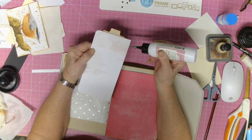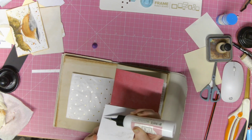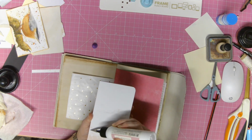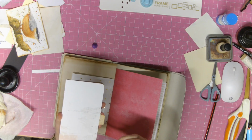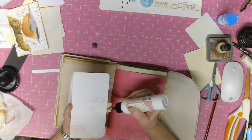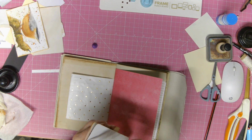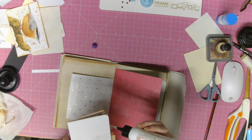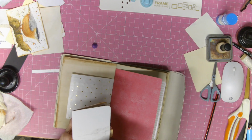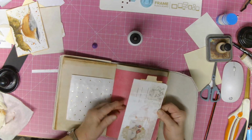So what I'm doing now, with a very unsteady hand, is turning this into a pocket for a tag. I'm not doing a very good job of this. What it will mean is that you just have to be mindful of where you take your measurements for your tag. You need to pop a piece of paper or cardstock in there just to see how much room has been used up with the glue, because I'm a bit higgledy-piggledy. So now I've decided that I will put it on this pink page